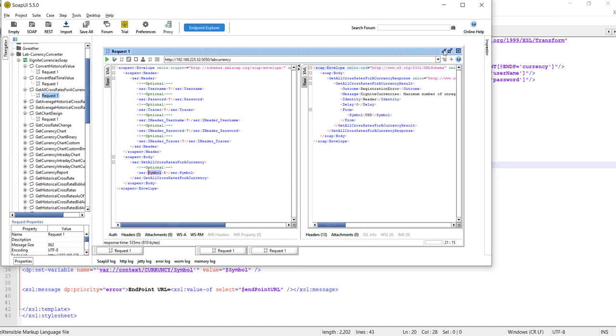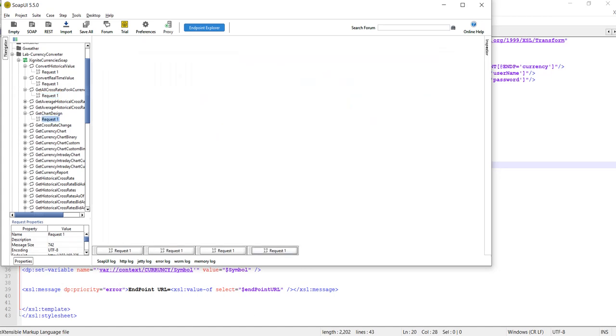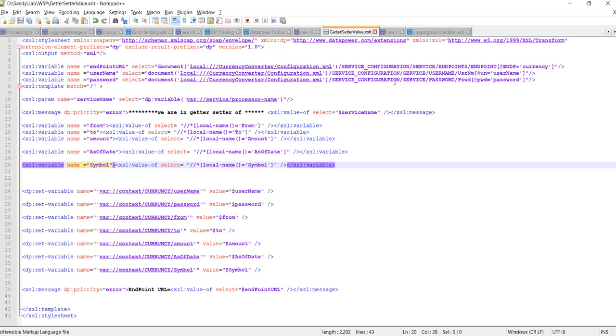Okay, so let's move to our code. First, we'll get the static values from the configuration file. After that, from the operation we'll get the from, to, and amount values.